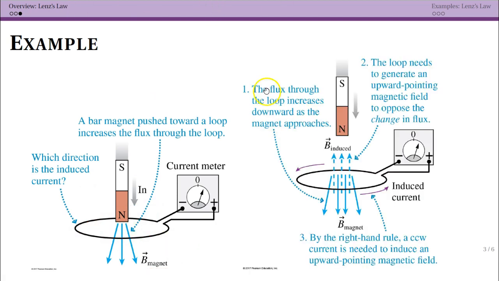Now let me show you the figure from the book that shows everything at once. So the flux through the loop is increasing as the magnet approaches, and we see that that magnetic field is downwards. That means that the loop must generate an upward pointing magnetic field to oppose the change in flux. The right-hand rule says you get that counterclockwise current. So again, to go back up briefly,